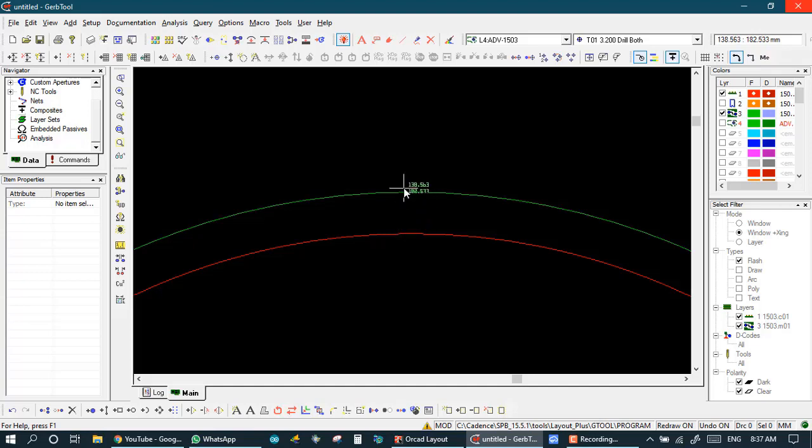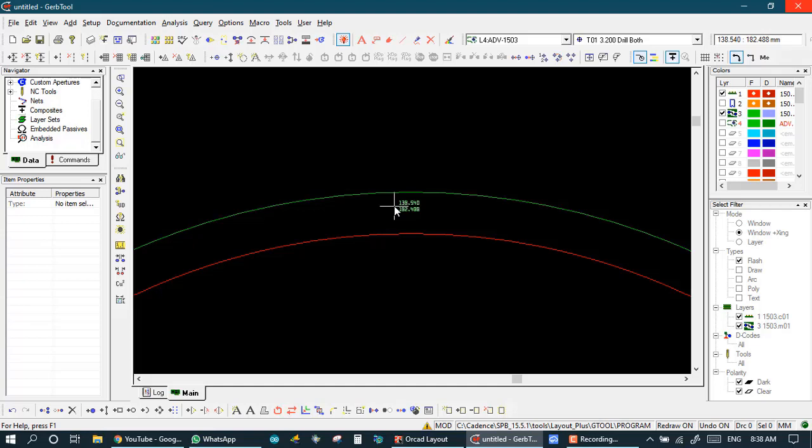In most production houses we decide the masking layer flash is bigger than our copper layer, and in most production the size is 0.155 mm or 0.200 mm.